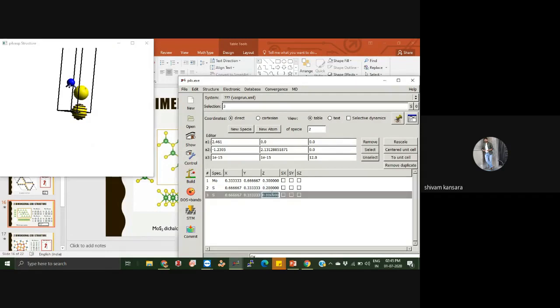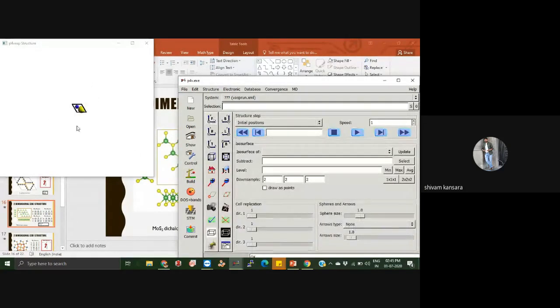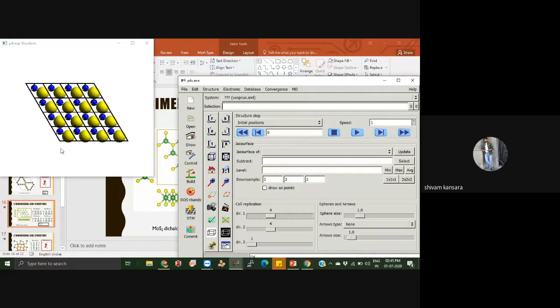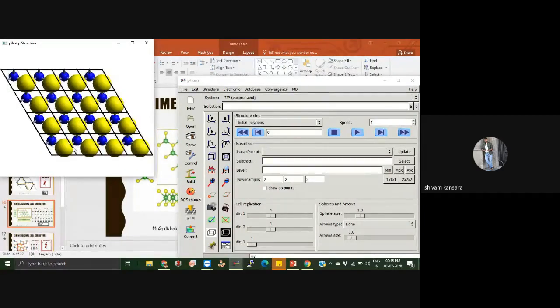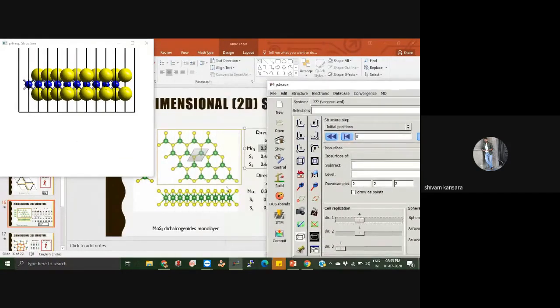So this is 4. See this structure. Okay, now Control, press front view and zoom it. Now we extend this structure, so it's visible like a simple graphene structure, but from the side view. See side view, and you can see here this side view in the PPT and the side view of this